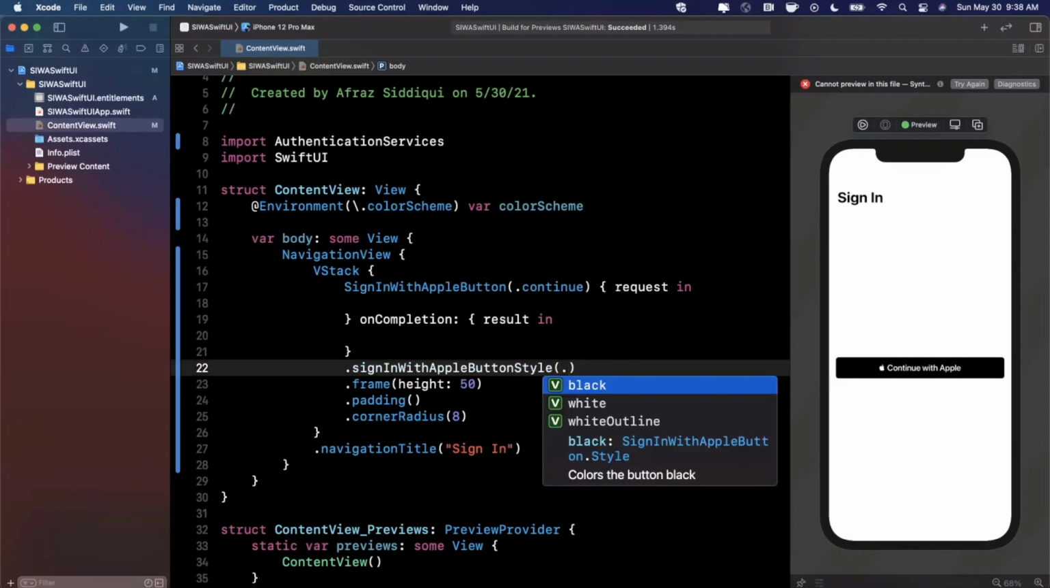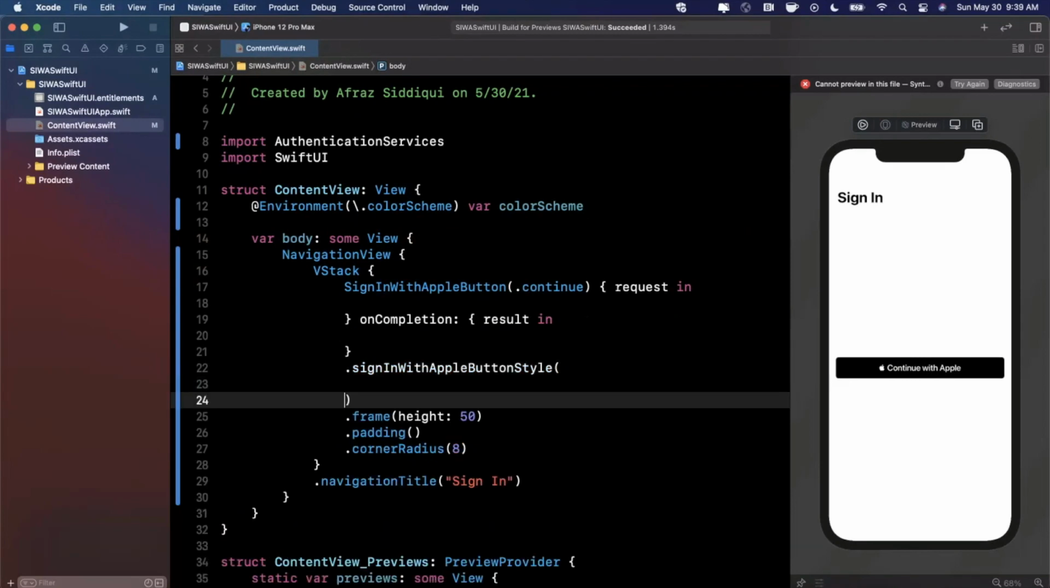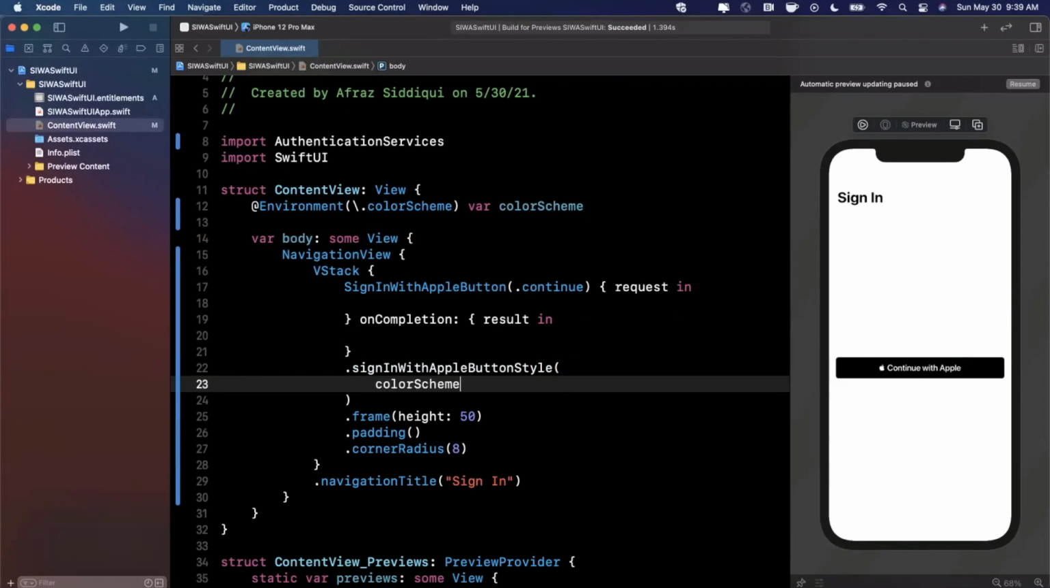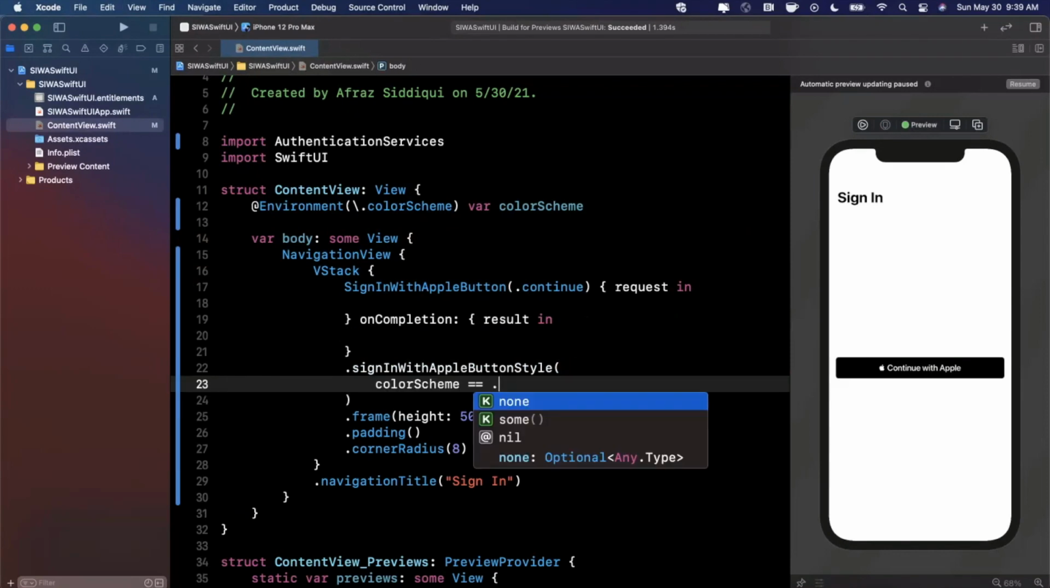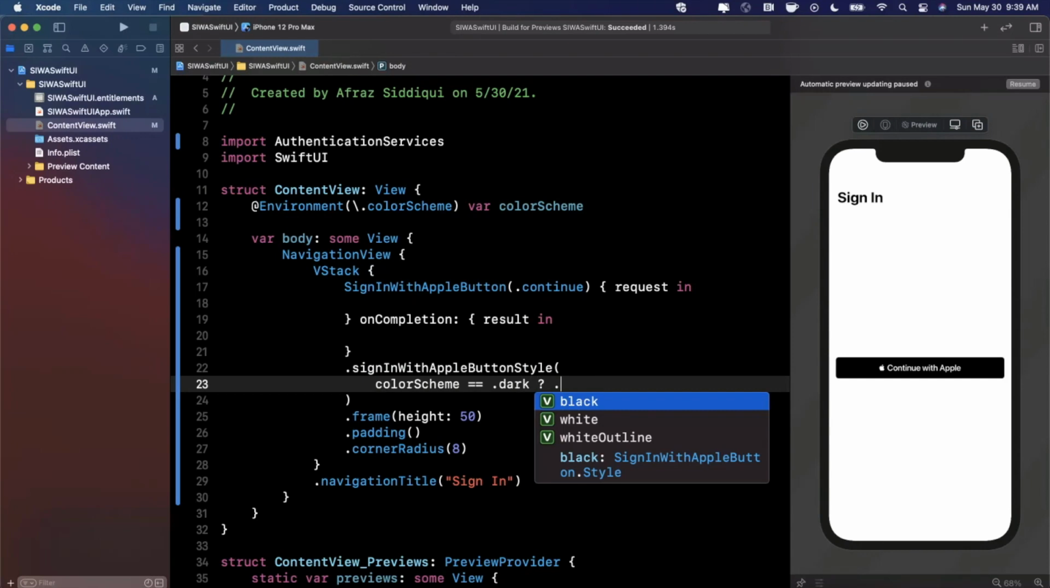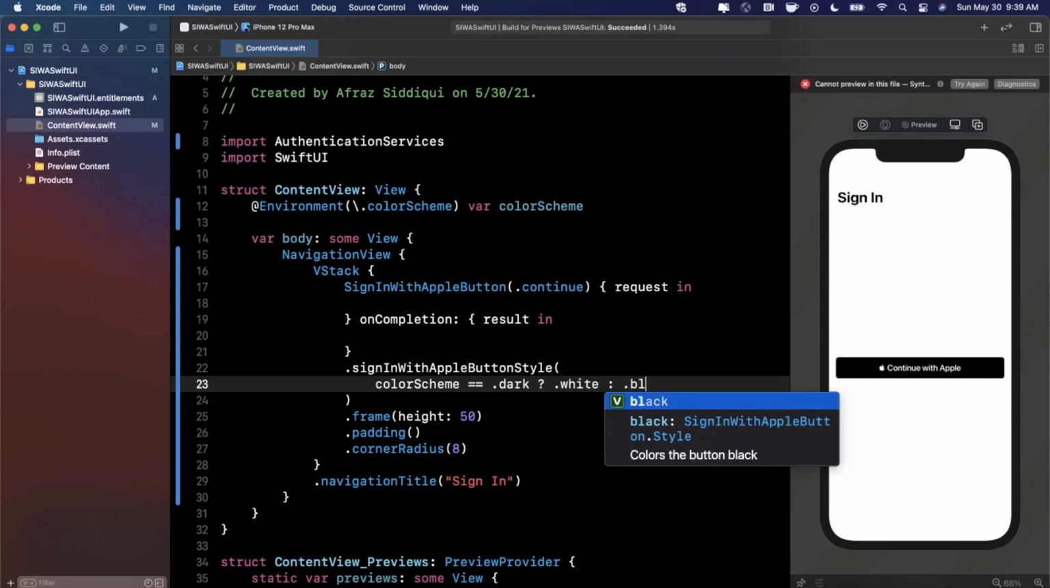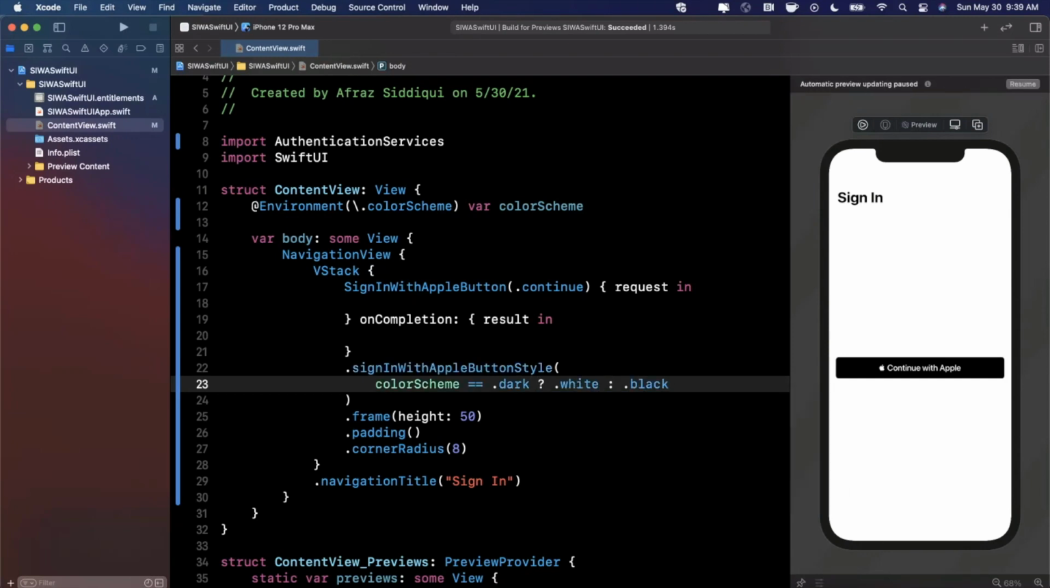And in here we can specify black or white, but instead of doing either of those, we're going to say if the color scheme is dark, we want to go ahead and use white. Otherwise, we want to go ahead and use black for light mode. So now that we have our UI beautification kind of done here, let's go ahead and start dealing with actually